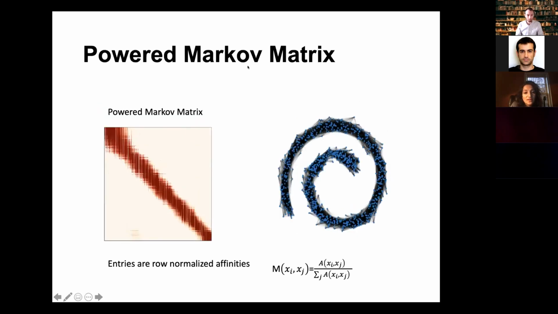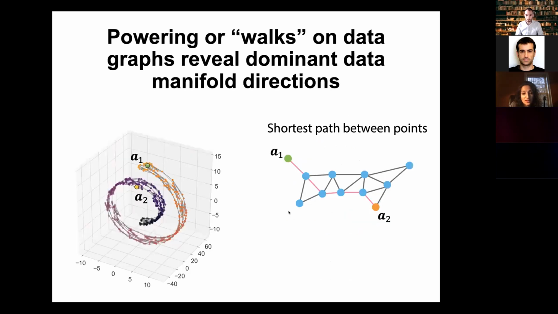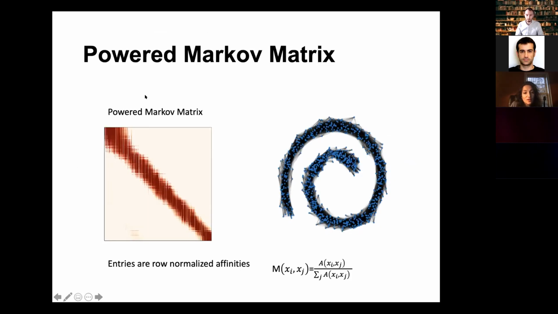And so at the end of the day, just by powering this Markov matrix, you've computed t-step diffusions, or t-step random walk probabilities, between every pair of points. The paths that occur within the density of the data will outnumber paths that go through sparse areas by so much that your probabilistic affinity is going to become very dominantly in the shape of the manifold. And that's really what diffusion does. So once you have your diffusion powered Markov matrix,